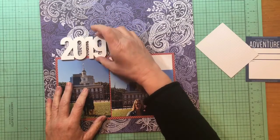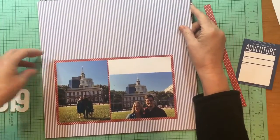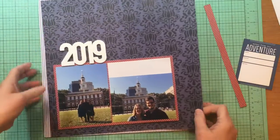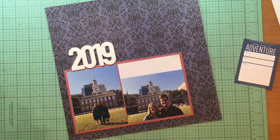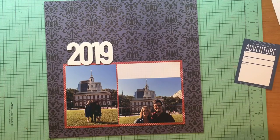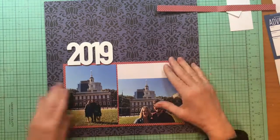So I'm settling on just the red polka dot paper and that fleur-de-lis background or something. Fleur-de-lis? I can't think of the name of what I want there. Anyway, I'm going back and forth on that background. So I tried the stripe background and I tried this background, and I actually liked this background better at the time. I was thinking about doing a little bit of stripe on the top and decided not to. And I'm not quite sure, looking at that now, that original background would have been fine, but for some reason I didn't like it. So now I've moved my 2019 to the top,